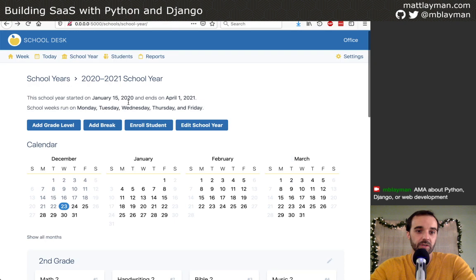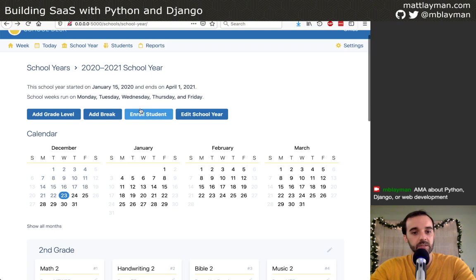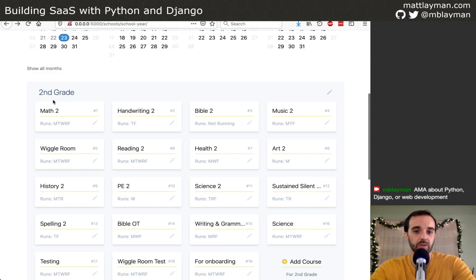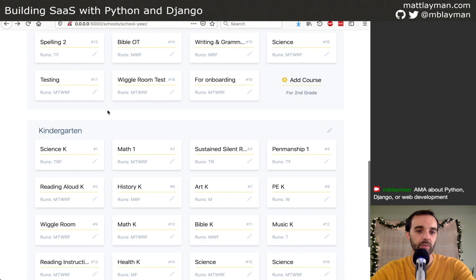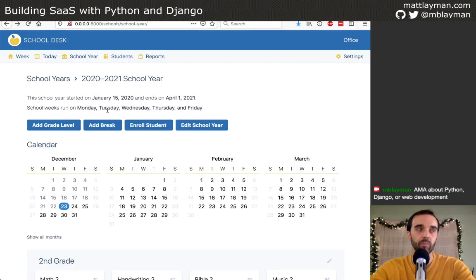This page that we're looking at is a more advanced detail page. It's got some actions that you can do, and it's showing details about the school year. I want to do the same thing for a grade level, where this enroll student button would move into the grade level detail where it needs to be. So it's like moving the actions down a level, closer to the data where it matters. And I think by doing that, it will help new users as well, because one of the things that happens at the end of onboarding,